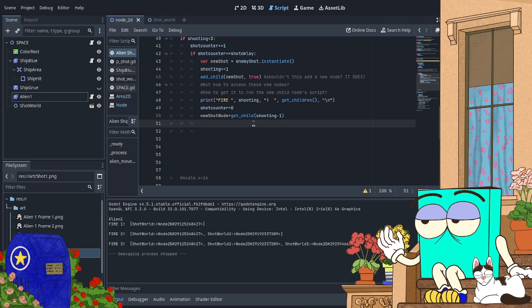So anyway, my point is that if I have three nodes attached, which are index 0, 1, and 2, and I remove the child at index 0, do the other two remain 1 and 2, or do they renumber themselves to be 0 and 1?